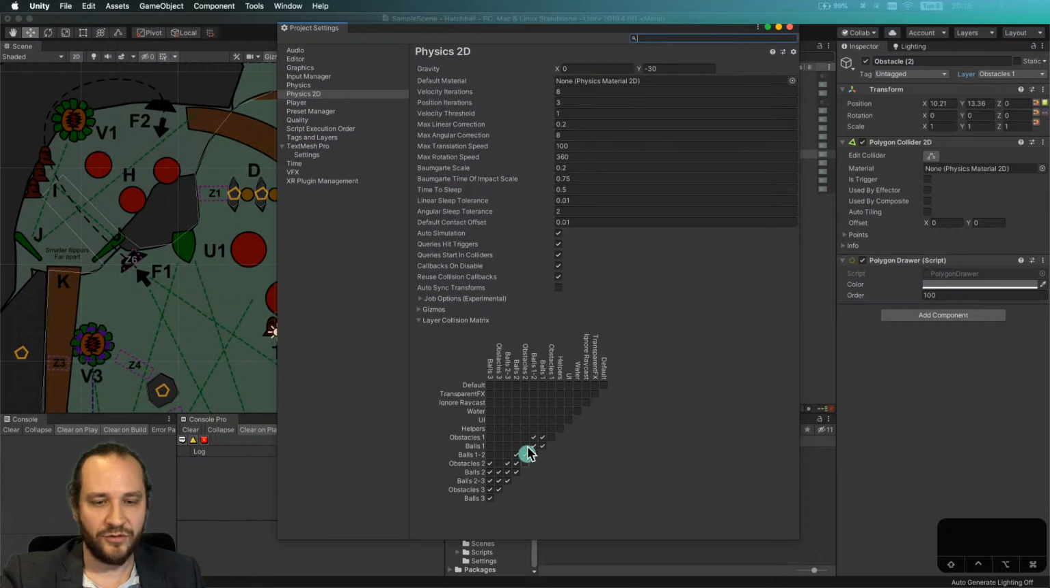Oh, actually, obstacles 2 doesn't collide with obstacles 2. And obstacles 2 doesn't collide with balls 3. Balls 2 doesn't collide with balls 3 and obstacles 3, but it does collide with balls 2, 3. This is like a puzzle in itself. This has a 3, so it will collide. Obstacles 3 won't collide with obstacles, and now we have it. It's kind of this pattern